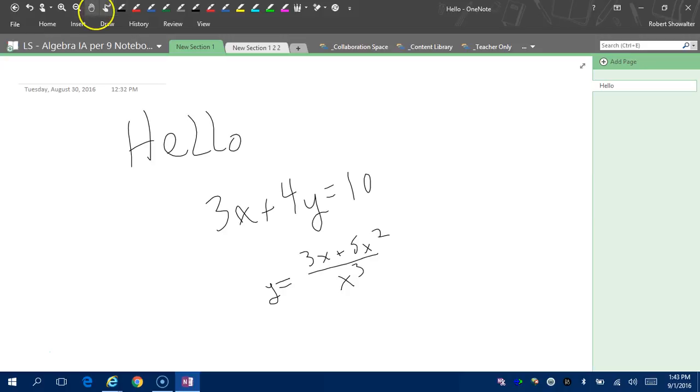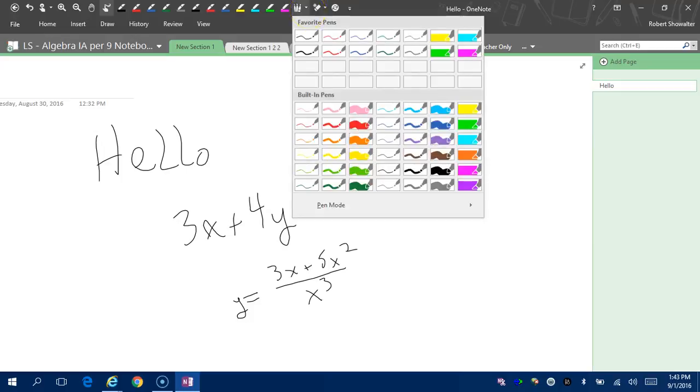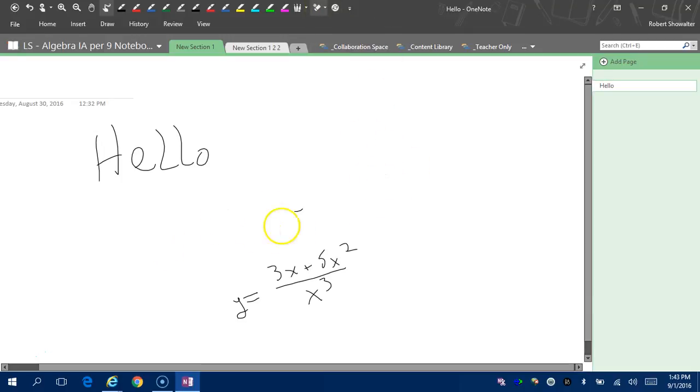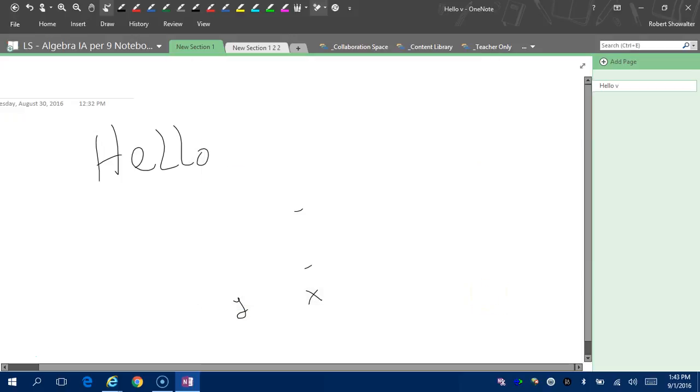Again, a quick tutorial here. Panning hand allows you to move around the screen. This pen option allows you to choose various pen choices. The eraser button allows you to choose which style of eraser you want to use to erase quickly. And this button, the sync status, allows us to check and get the latest version of our notebook, the ones that maybe if we're collaborating with someone else, to get the information they put in, just to make sure that we get all of it when we want it. Say, hey, it's not there. You come here, you hit sync now, done. More information can